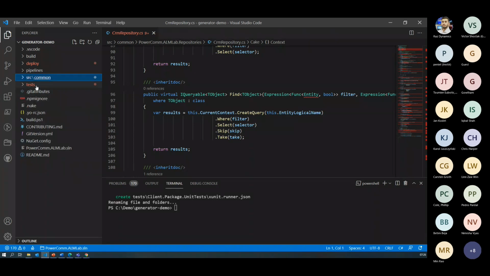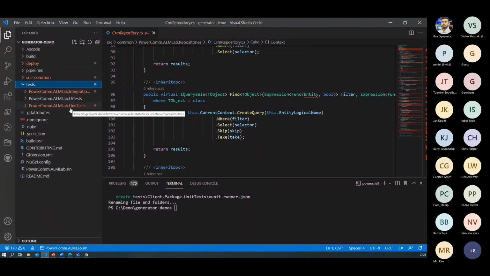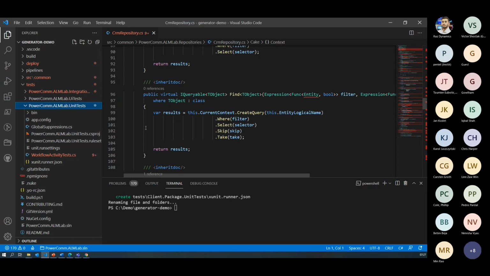And apart from that, if you see, there is a test folder, and under the test it has various testing projects. It has a unit test project, UI testing, and integration testing. For UI testing, again, you can use your mock or fake XRM. Again, this gives you the initial structure, and then how you want to use it, you can always extend it, but we give you an initial set of the best possible components,